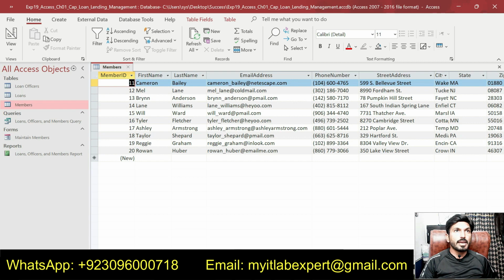I am going to do Access Chapter 1, Capstone Loan Lending Management. I will do this assignment step by step and you can get your assignment done by